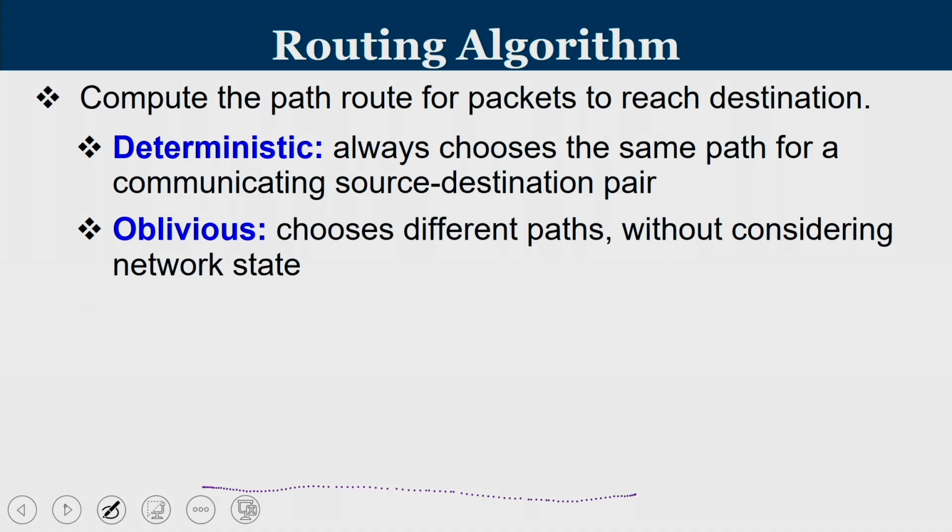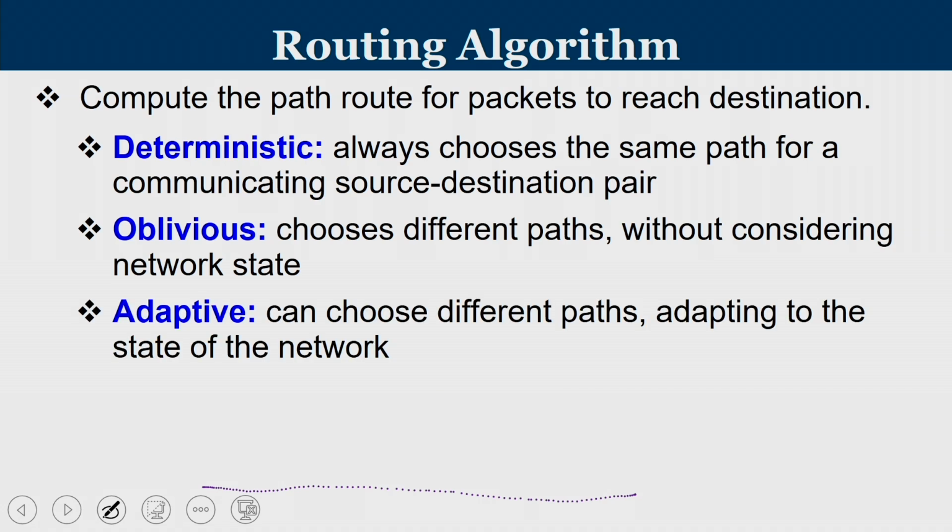Now coming to routing algorithms, which compute the path for a packet to reach the destination. There are three types of routing: deterministic routing, oblivious routing and adaptive routing. In the case of deterministic routing, whenever there is a packet from A to B, all packets from A to B travel in the same route, irrespective of the current topology or traffic conditions. So there is a prefixed path between A and B, that is called deterministic routing.